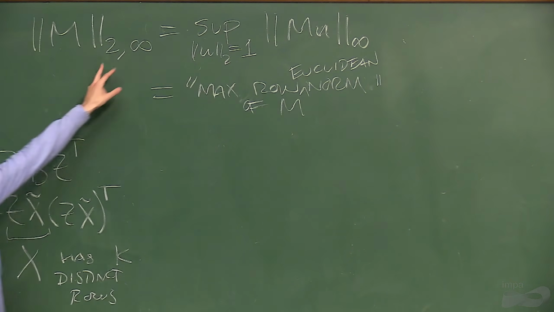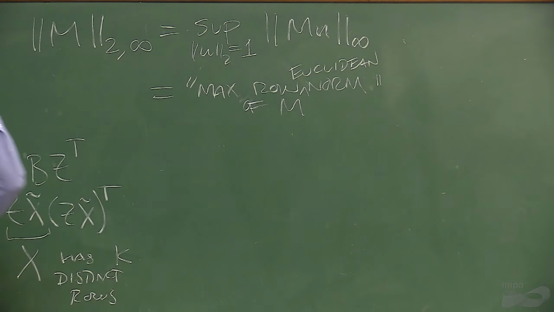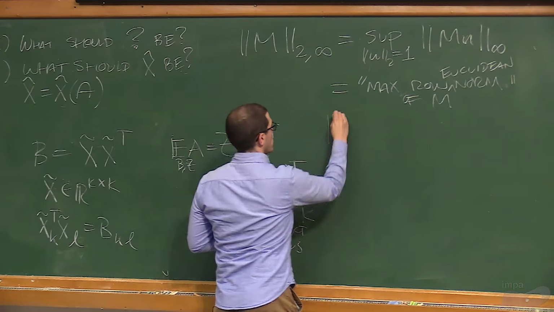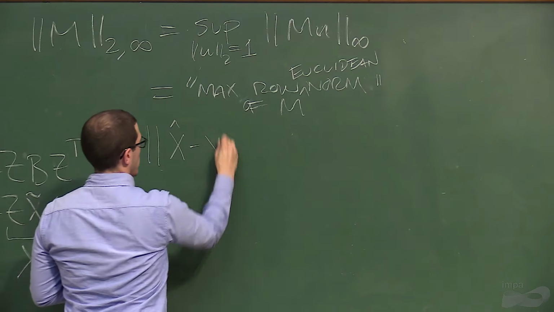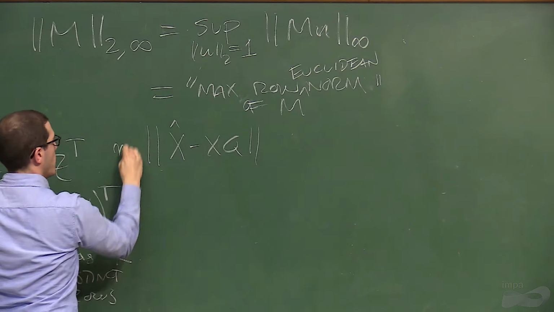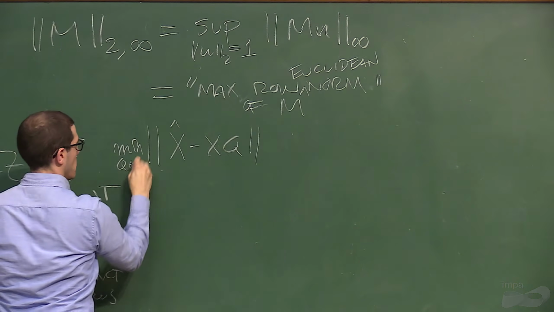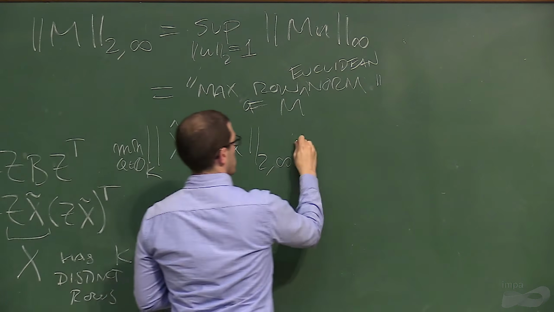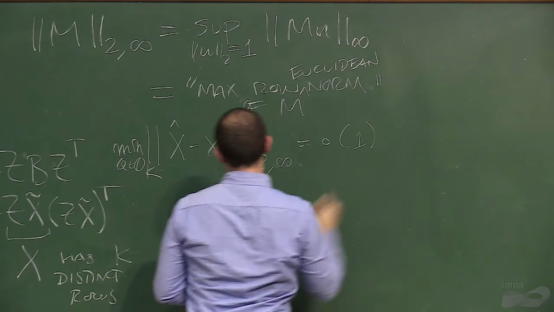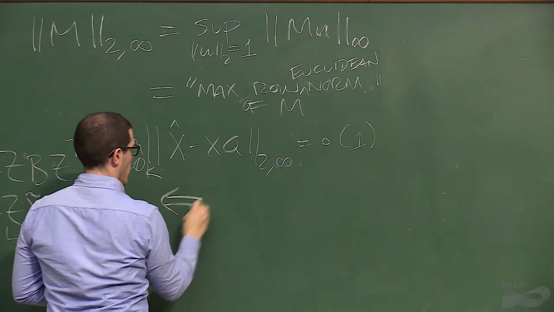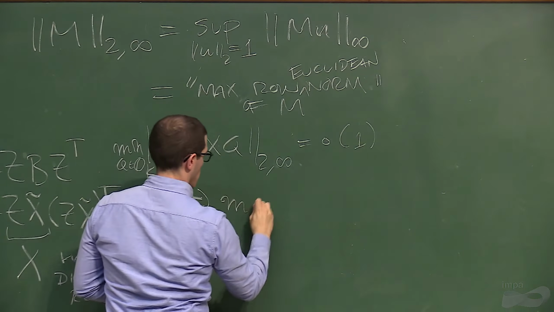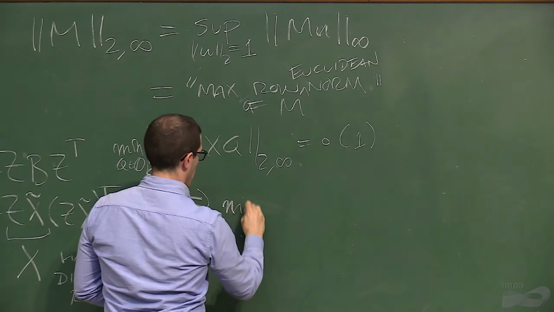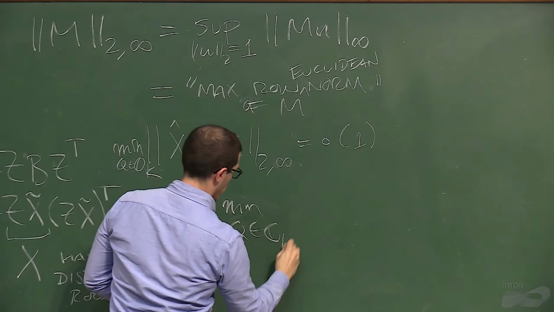If you converge to 0 in the 2 to infinity norm, it means that you're converging uniformly over the rows. So in particular, if X hat minus X Q, I'm sorry, there should be a min here, in 2 to infinity norm is, say, little o of 1, if and only if, again, accounting for my non-identifiability here,